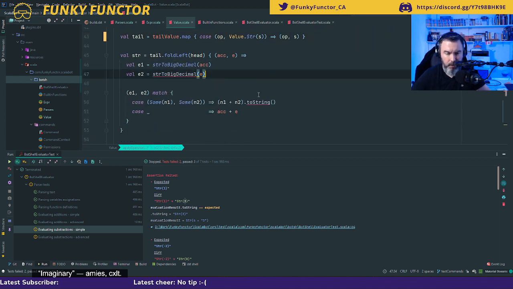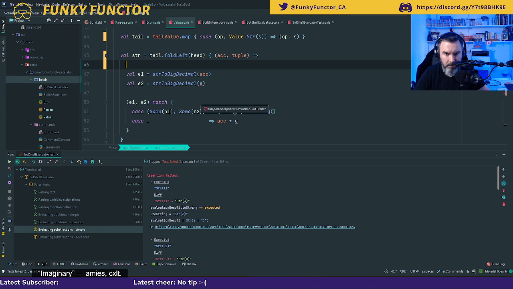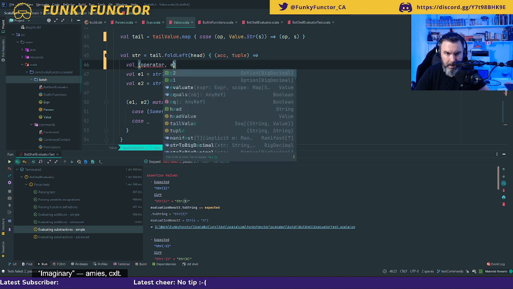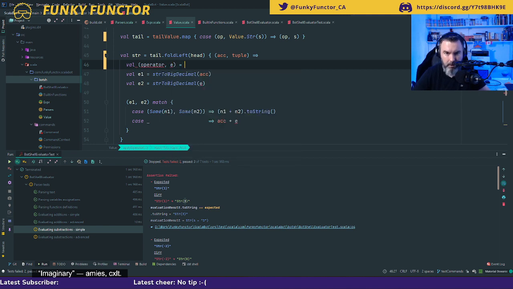Like that. Cool. So now E is not an element, that's actually a tuple. So I am going to extract my tuple val operator and E, that is my element. So I extract it from my tuple. So I have my string 2, I have string 2 big decimal.